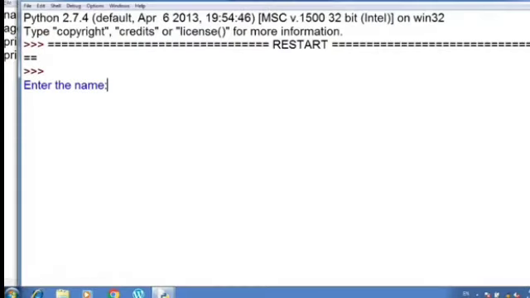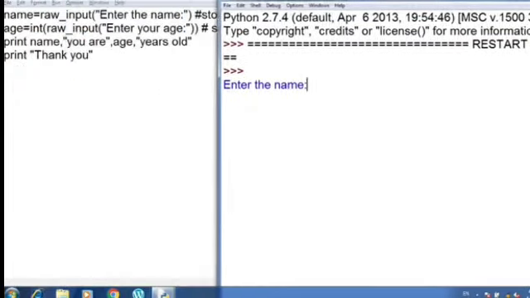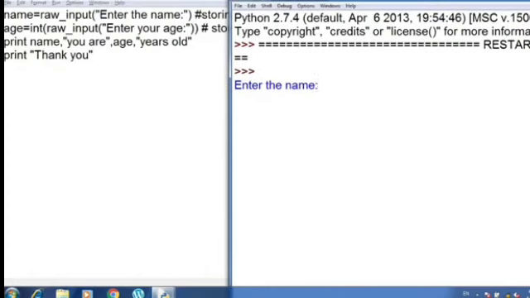Okay, so you can see that the control went to the first line, and then it is asking you to enter the name. This is the statement which I have written in double quotes. Anything which is enclosed in the double quotes will be printed as it is. So suppose I am writing here a name, and the control goes to the next line when it gets the input. So here I will write the age, for example 16.